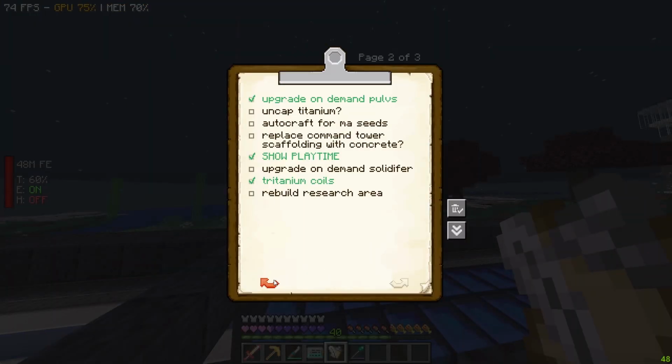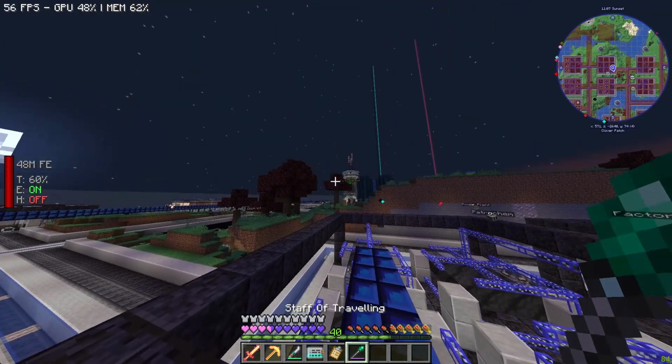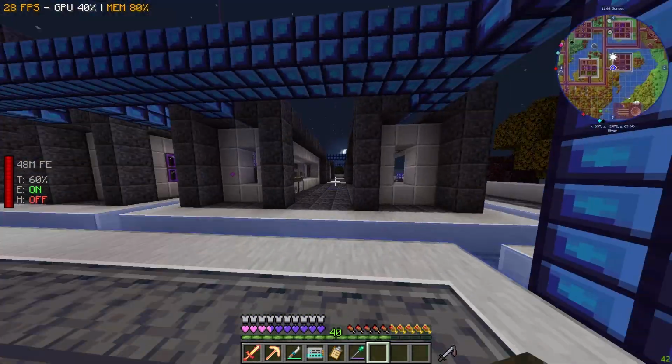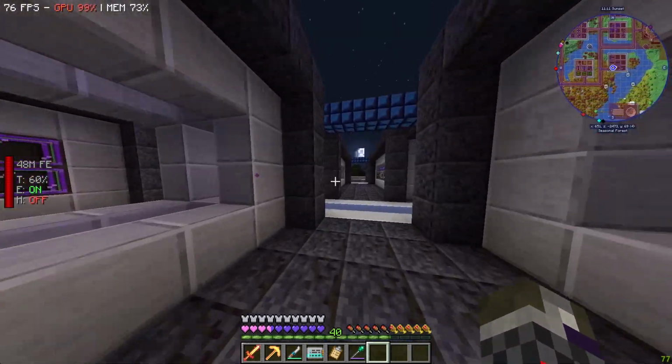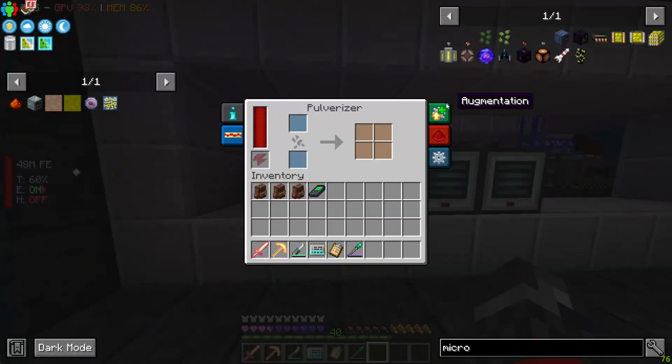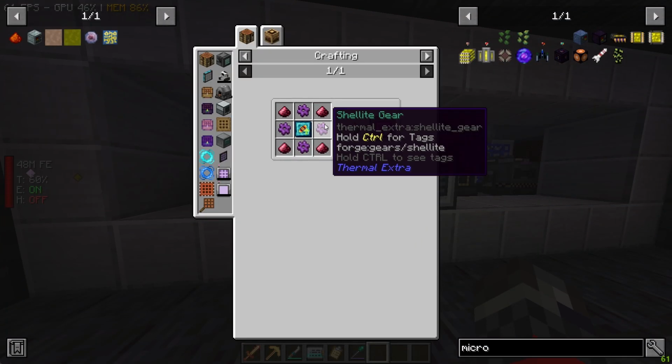Anyway, let's see if I have anything else to talk about before I go mention the on-demand pulverizers. This on-demand area has kind of languished. We haven't really done anything over here other than I threw some upgrades here. I made some shellite stuff. I have to go get some. I can't make any more of these things because you need